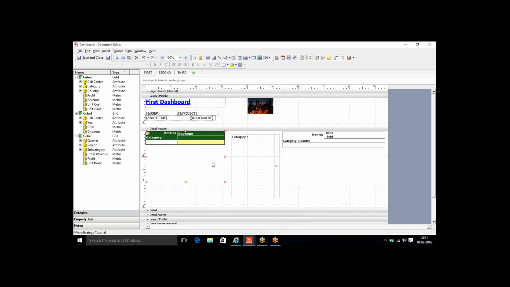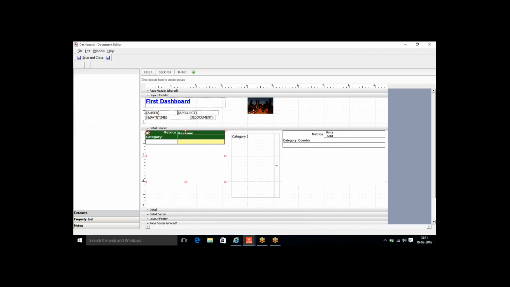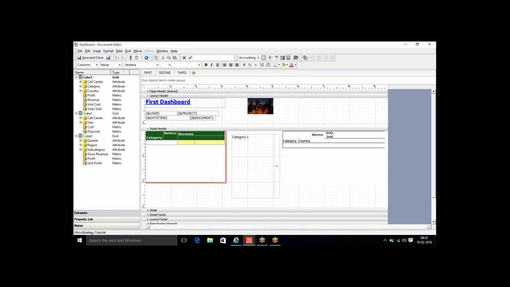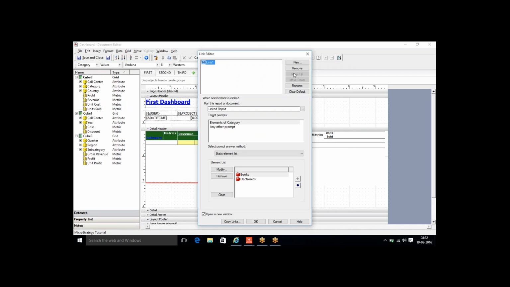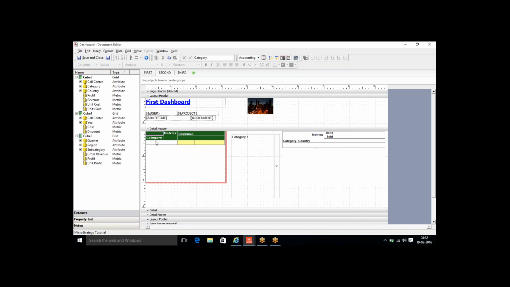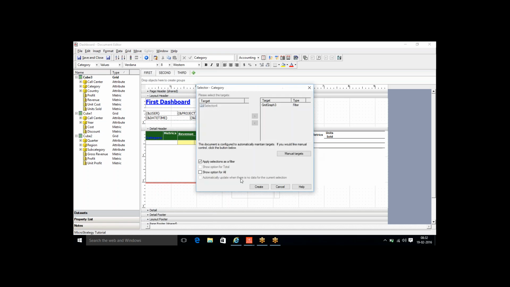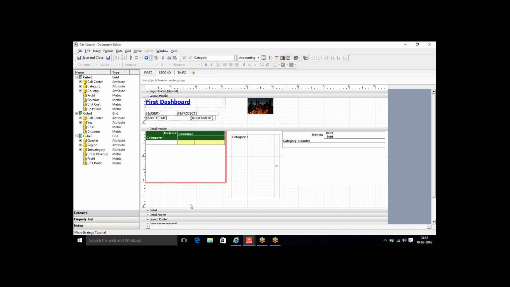Come back to MicroStrategy. If I select the category values from here, it should act as a selector and reflect the selection under this particular grid. First of all, I'm going to remove the links from here, because those are links that we have defined. I'm going to remove that link so that it does not open up a link report. What I need is to use this as a selector, which should get reflected over here. So I will right click on the category attribute, and there is an option which says use as selector. If I select this option, say create, and simply save it,